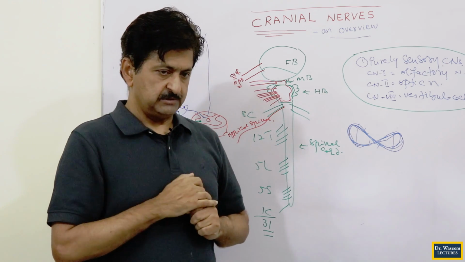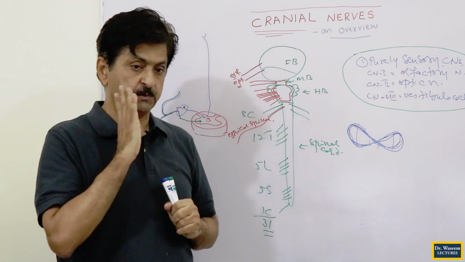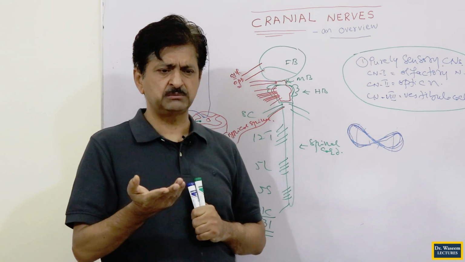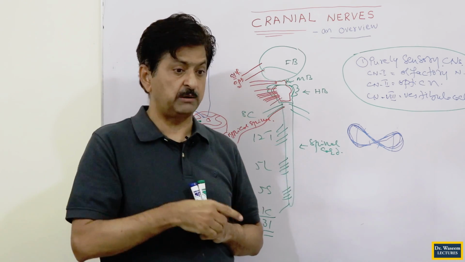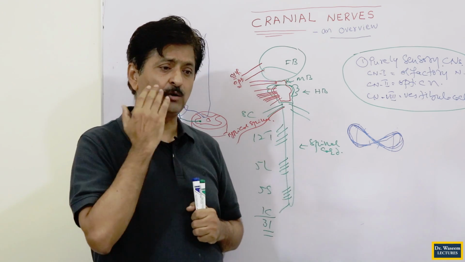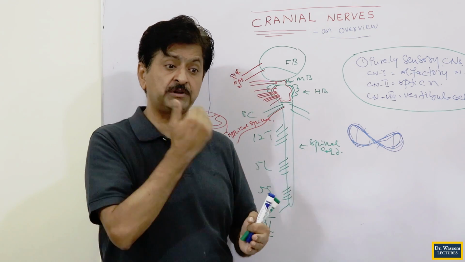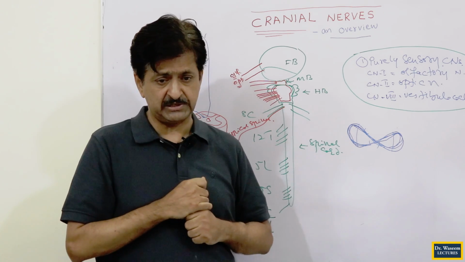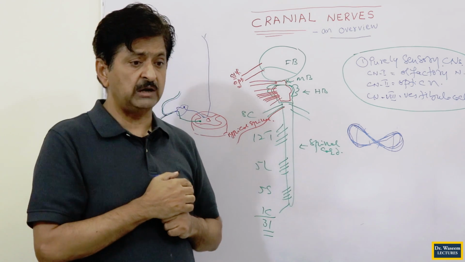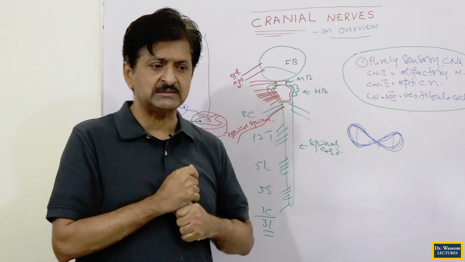But taste is the only special sense which does not have a purely sensory nerve. The tongue is very big. For one big tongue we cannot offer one nerve. At different parts of the tongue we need different nerves. That's why we cannot allocate 2 to 3 nerves to the tongue. Already we have sacrificed 3 nerves and 3 more for the tongue taste only, so almost half the nerves are for the special senses. Another reason why nature has not given a purely sensory nerve to the tongue is that the tongue is not specific for taste.